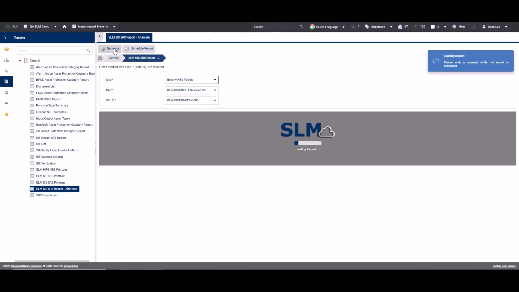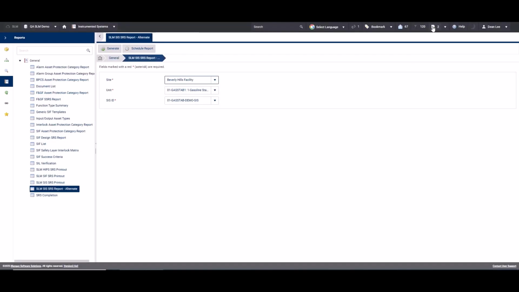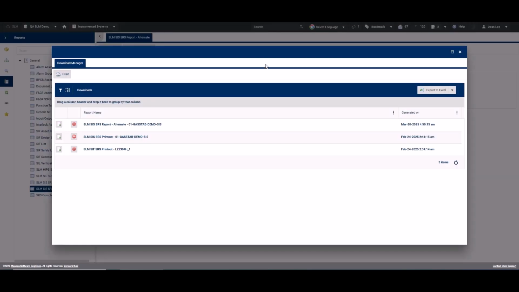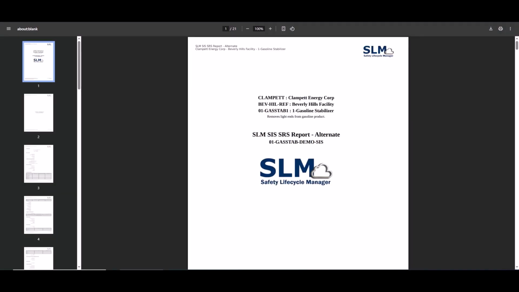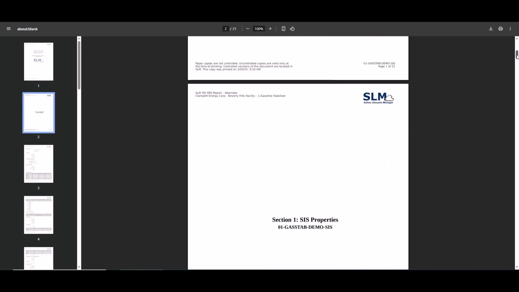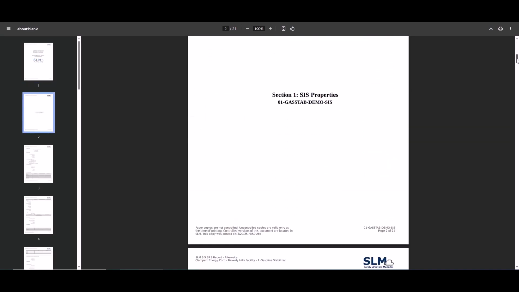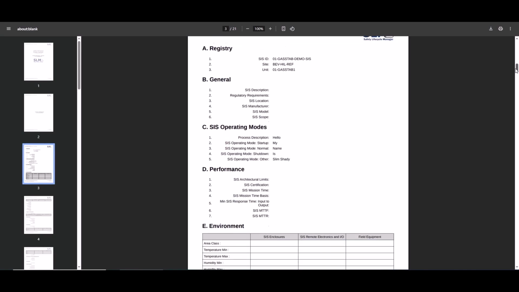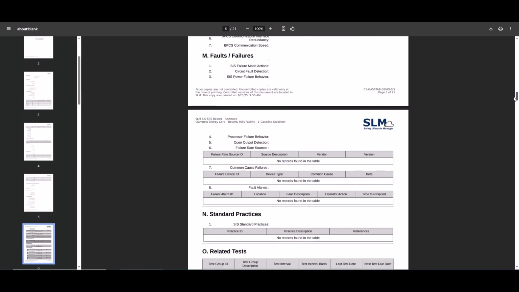generate the report. If we then come to our download manager, we can see we have the report ready to download here. So if we download the file, if we then open the file, we have the SIS information. If we scroll through there,